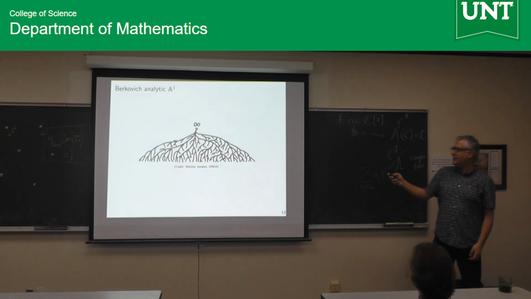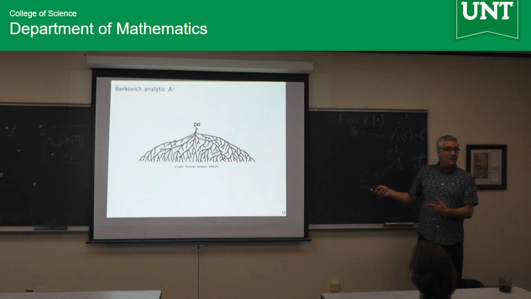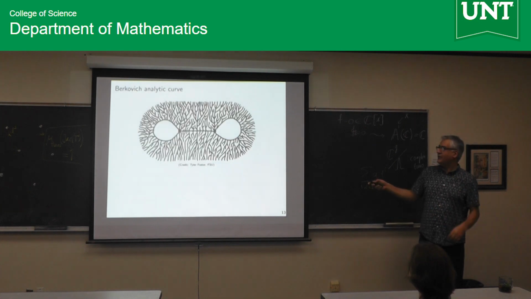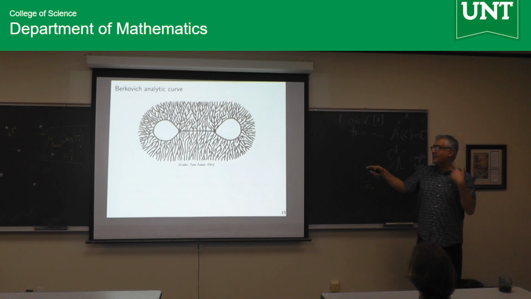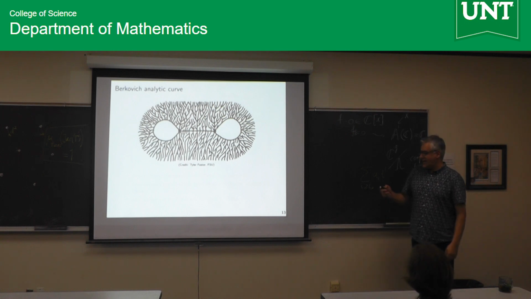Then you can guess what should be the curve over non-Archimedean fields. Locally it should look like a tree. Well, if you zoom out, you might have a global topology, but locally, if you zoom in anywhere here, it looks like a tree. Now you can see that I promised there is a way to think of graphs as Riemann surfaces. They are Riemann surfaces, except they are Berkovich analytic. Analytification over non-Archimedean fields. They are non-Archimedean Riemann surfaces. And they have this annoying hairy stuff attached to them.